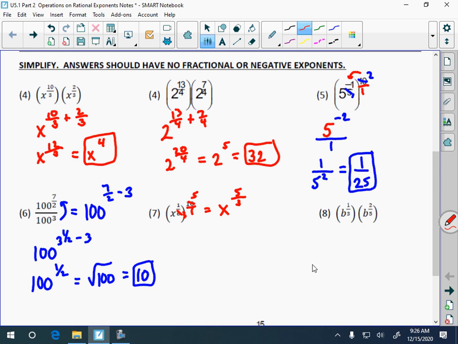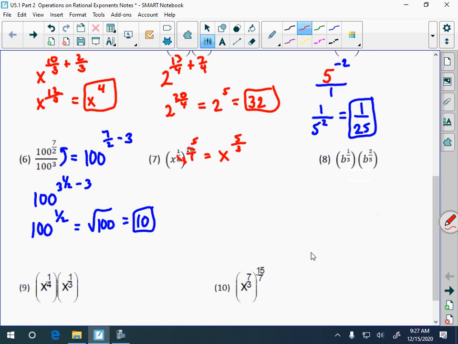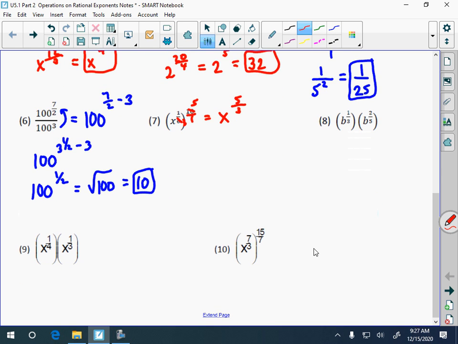Let's see, what does it say? The answer should have no fractional or negative exponents. All right, so we want to go ahead and convert this to a radical. So this is cube root x to the 5th power. All right, now we can simplify this a little bit, and I'll show you how. When the bigger number's on top,